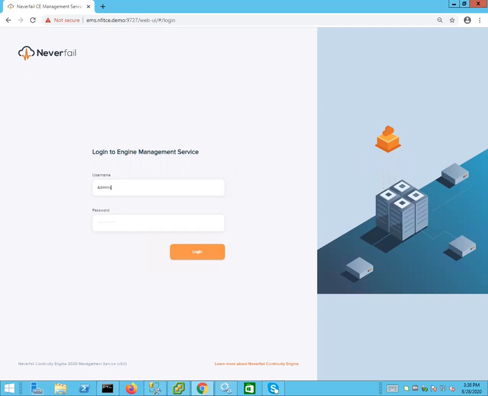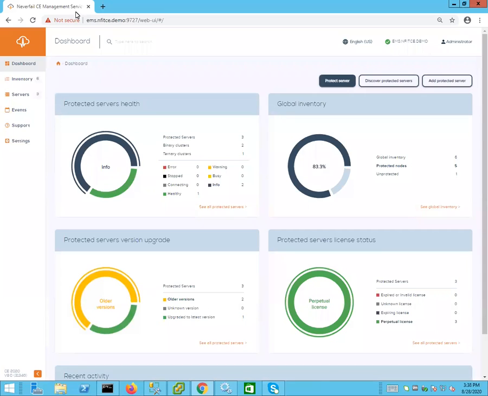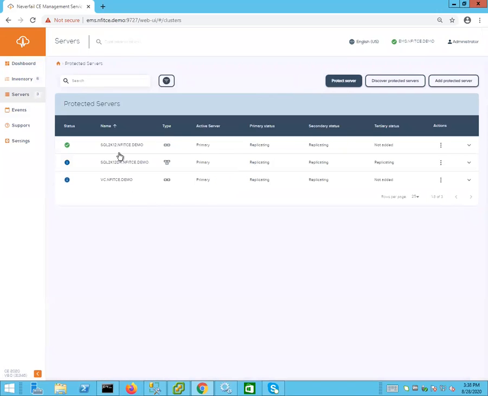I'm going to go ahead and log in. As we log into the Continuity Engine Management Service, this is our management layer, if you will. It is a Tomcat web service. It runs on either a non-protected Windows server or a desktop. It is very thin. If we go into the protected servers, you will now see a set of servers that